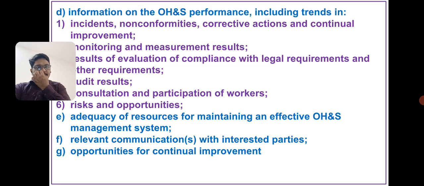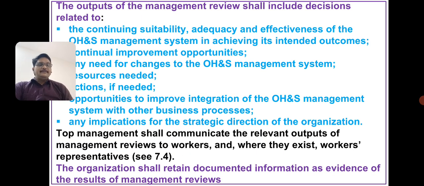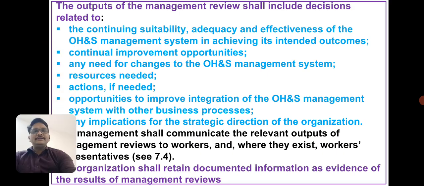Next is adequacy of resources for maintaining an effective OHS management system. Next is relevant communication with interested party and opportunity for continual improvement. There are some output of management review that includes the continuing suitability, adequacy and effectiveness of OHS management system in achieving its intended outcomes, continual improvements of opportunities,